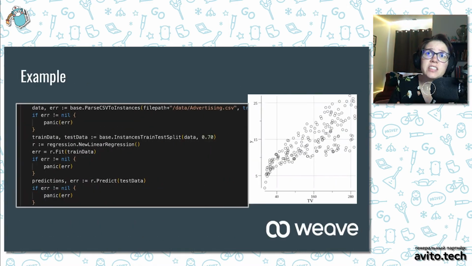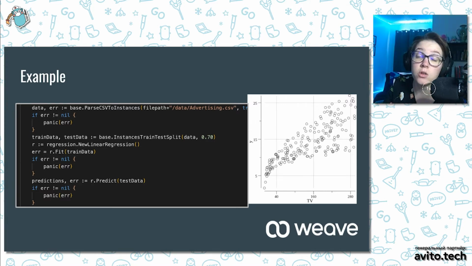Right here we have an example, an example I actually stole from Daniel Whiteneck's Intro to Go book, Machine Learning in Go. It's a great book. It's a little bit of TV advertising data, but it uses Golearn just the same. It does the 7/30 split between the training and testing.